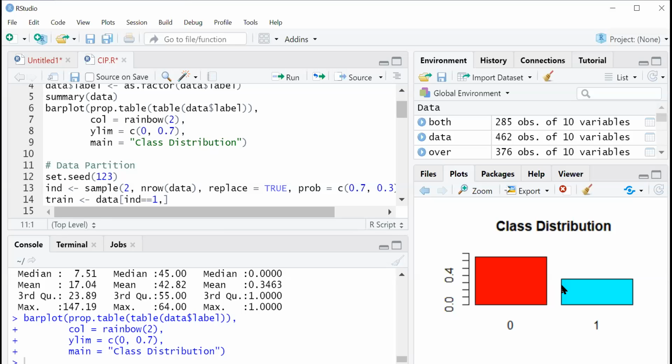Why give importance to class imbalance? Here 1 is the minority class and 0 is the majority class. When we train our system,